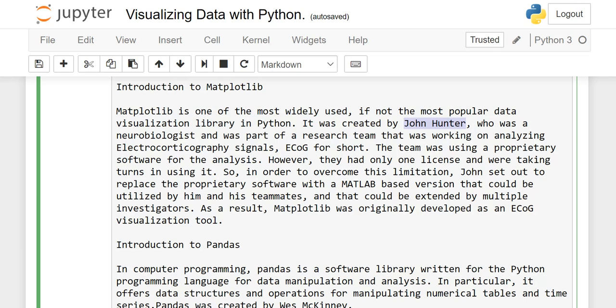However, they had only one license and were taking turns in using it. So, in order to overcome this limitation, John set out to replace the proprietary software with a MATLAB based version that could be utilized by him and his teammates and that could be extended by multiple investigators. As a result, Matplotlib was originally developed as an ECOG visualization tool.